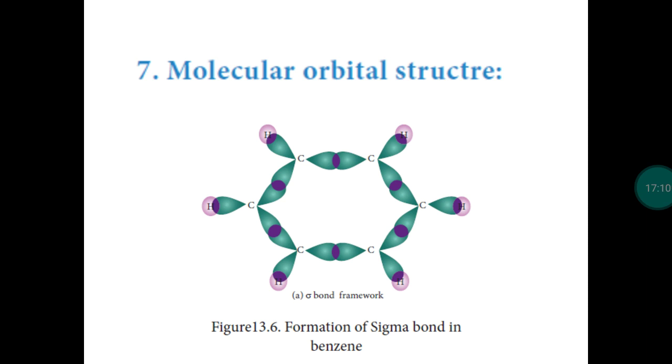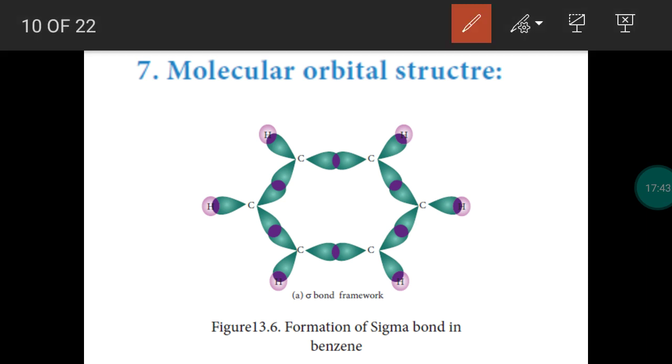If a double bond is present in a compound, definitely the carbon will have sp2 hybridization. I already told you, with the help of bonds, you can identify the hybridization. If the carbon has only single bonds, it is sp3 hybridized. If a carbon has a double bond, it is sp2 hybridized. If a carbon has a triple bond, it is sp hybridized. So in benzene, there are three double bonds, so the carbon will be sp2 hybridized.